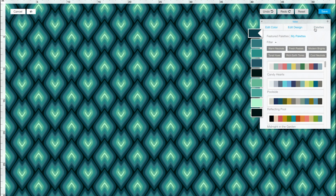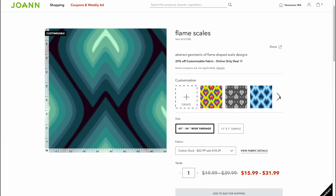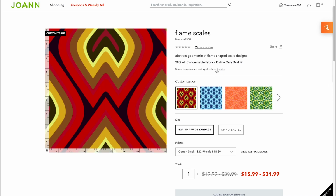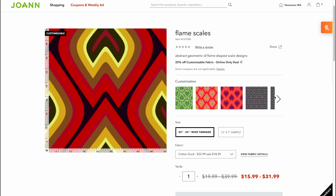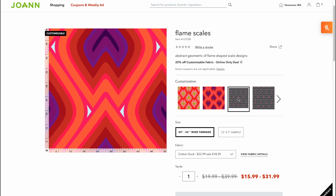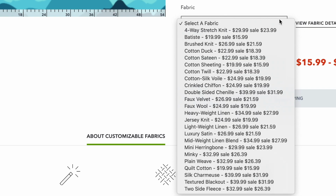And then these are the presets that are there. You can just mess around some more. They have some combos already done for you that you get to cycle through if that one didn't float your boat. But I loved the turquoise blue moment that was going on, so that's what I went with. There's a lot of variety that you can do as you're customizing your fabric, whether it's with the design, the colors within the design, or all of these different substrates that you can pick from that'll be shipped